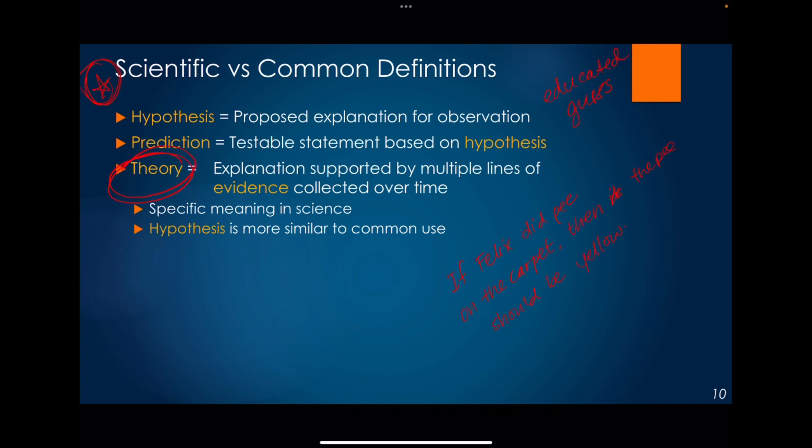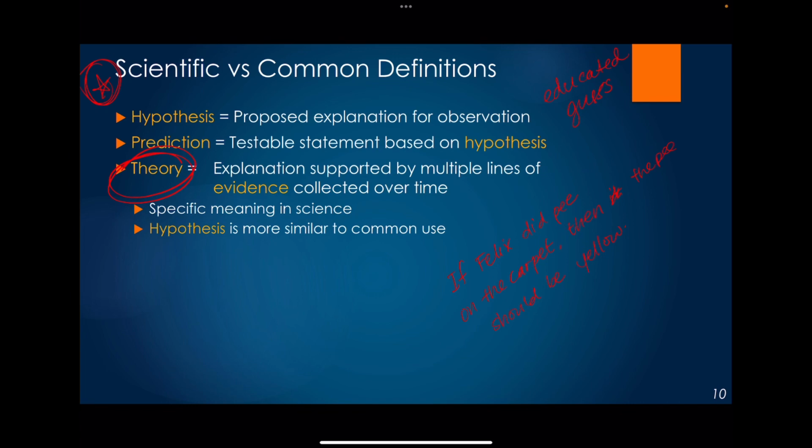Theory is different. And this one, we really need to look at the context of how theory is used. Because if you're like me and you like crime shows, crime procedurals and stuff like that, the investigator is always like, I have a theory. And if you're watching with me, and my husband probably doesn't like this because I do it pretty much all the time, I would say, you don't have a theory, you have a hypothesis, right? Because in the scientific realm, a theory is an explanation that is supported by multiple lines of evidence